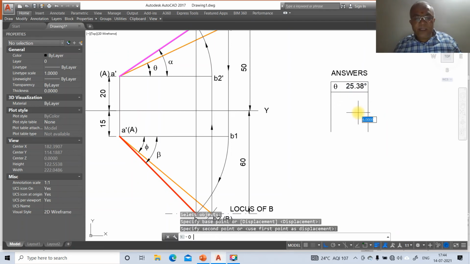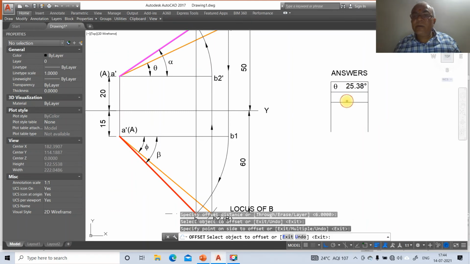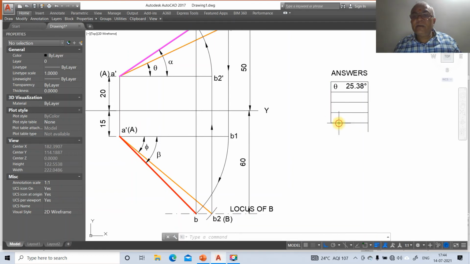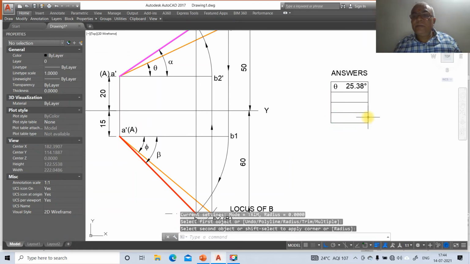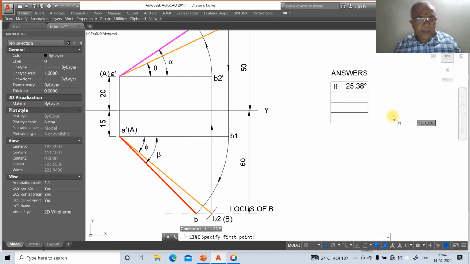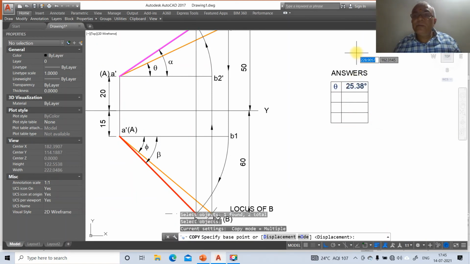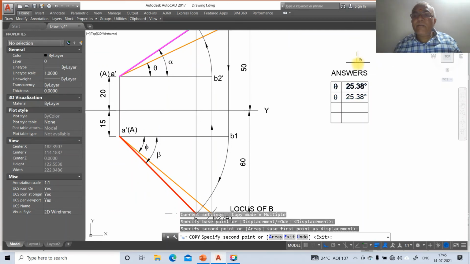Then go to offset, take the distance as 6. Then go to fillet between this line and this line. Fillet between these two. Then go to line, take nearest and take perpendicular to this. Then go to copy, select these two, copy to the next one.